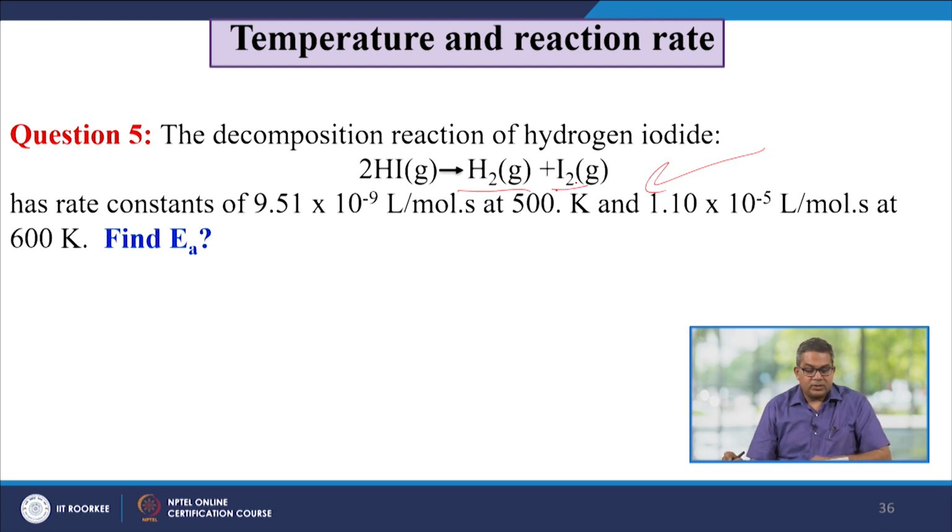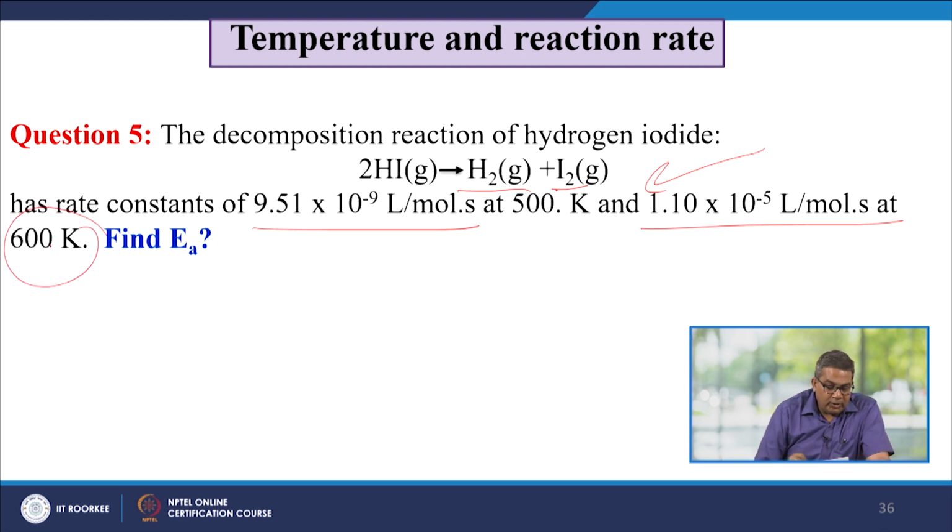This has the rate constant of 9.51 into 10 to the power minus 9 liter per mole second at 500 Kelvin, and 1.10 into 10 to the power minus 5 liter per mole second at 600 Kelvin. You need to find out the EA. Now, how will you find out? The thing is that we have